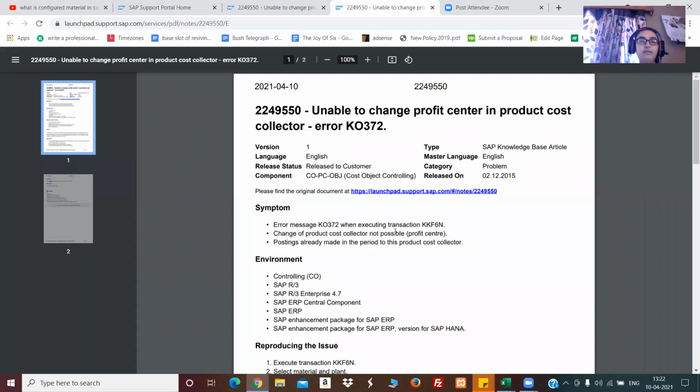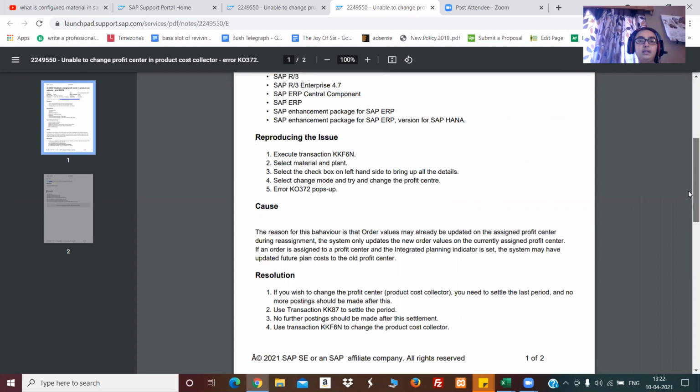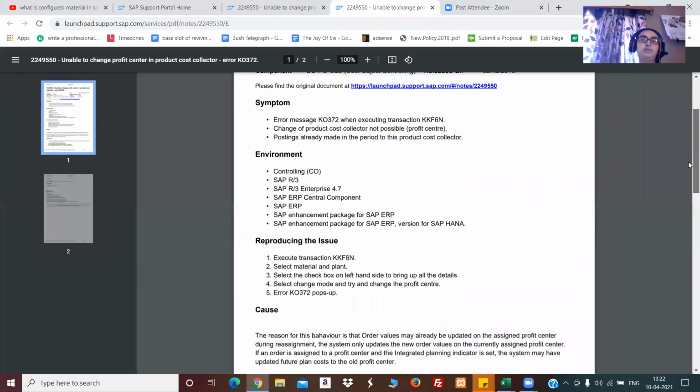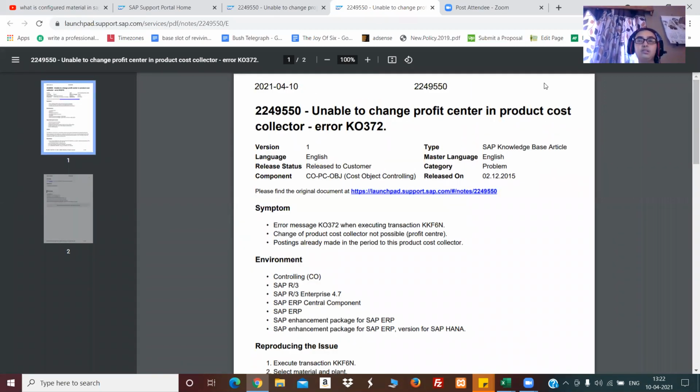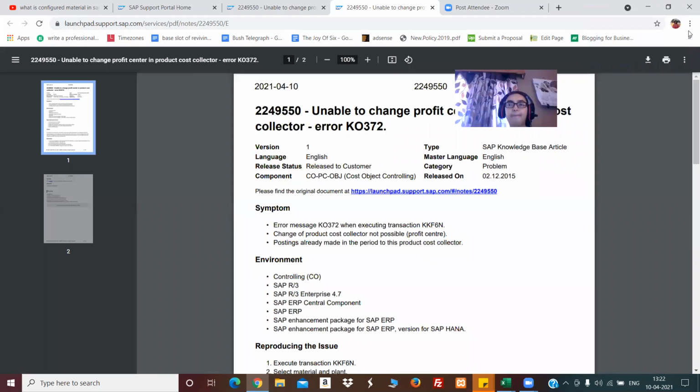See, the PDF file has been generated with the reference of the same note number. Now these symptoms and the solution which I have read from the website are mentioned in this PDF only. Now I can download the same PDF for my reference. So I will download this. This is the button to download.